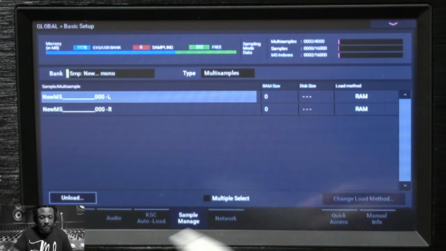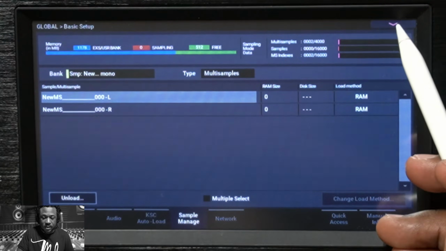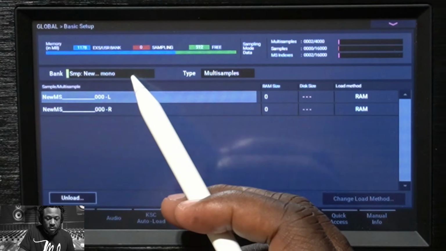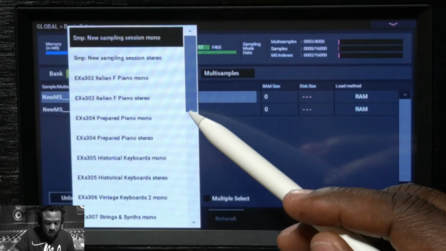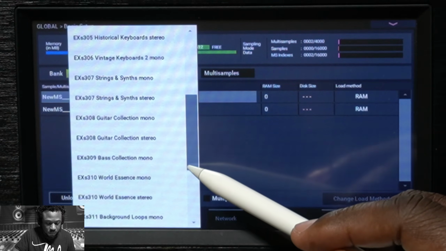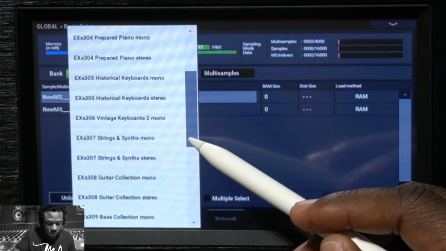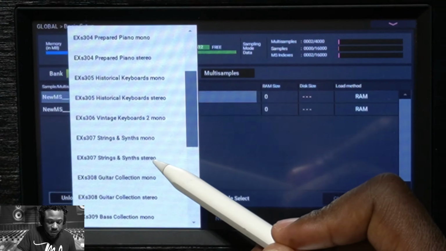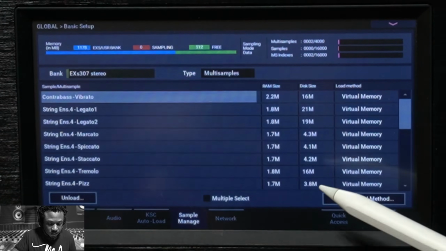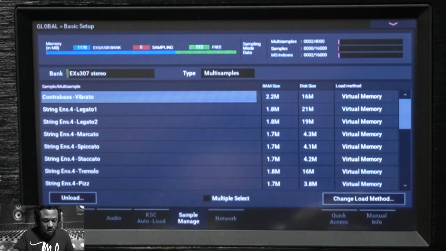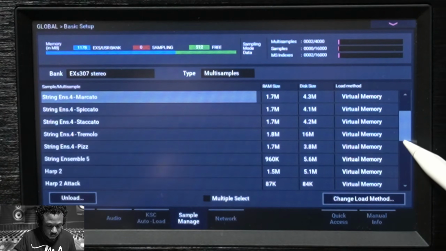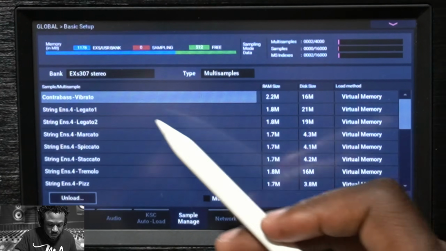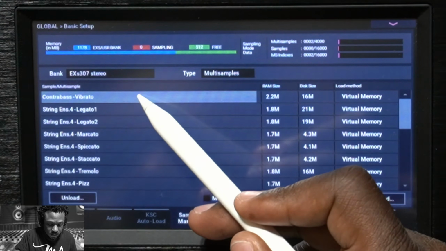And how you do that is, instead of using this drop down at the top right and unloading all in bank, you'll just go to here and say, okay, let's just pick one for the sake of example. We're going to go to synth and strings and synth stereo. So you say, okay, I don't use harps. So you would look through this list and you're like, okay, I don't use the contrabass. So you click that